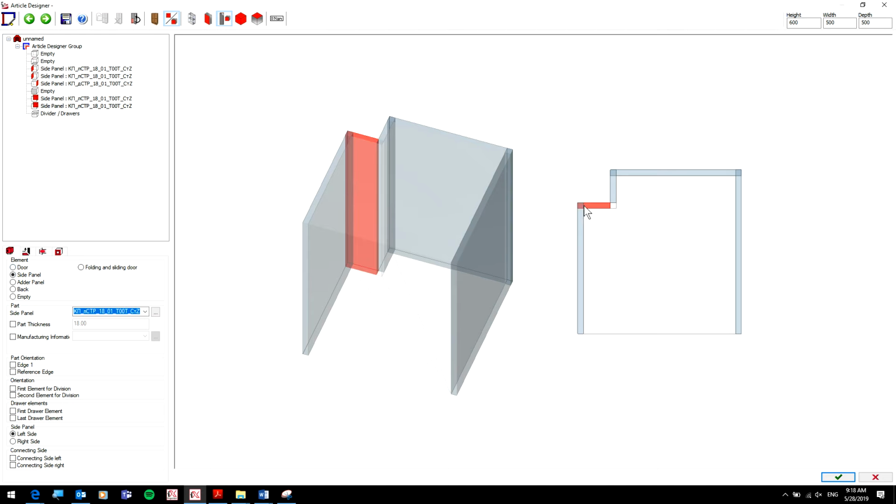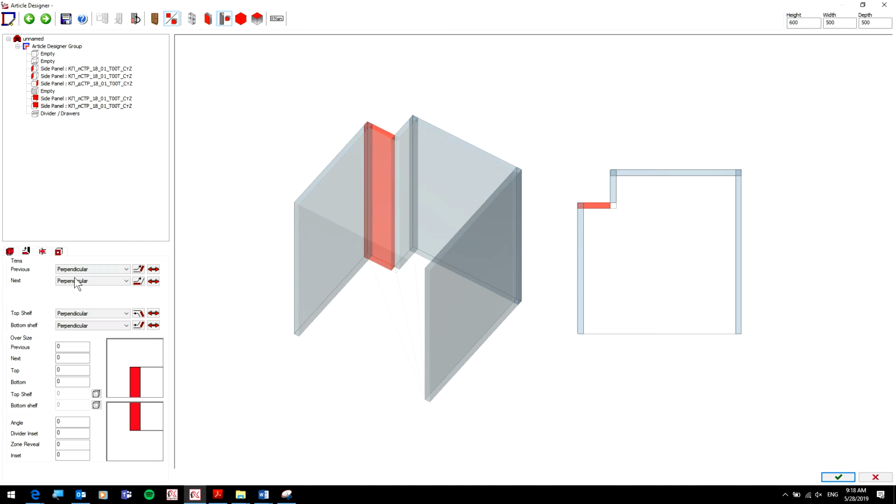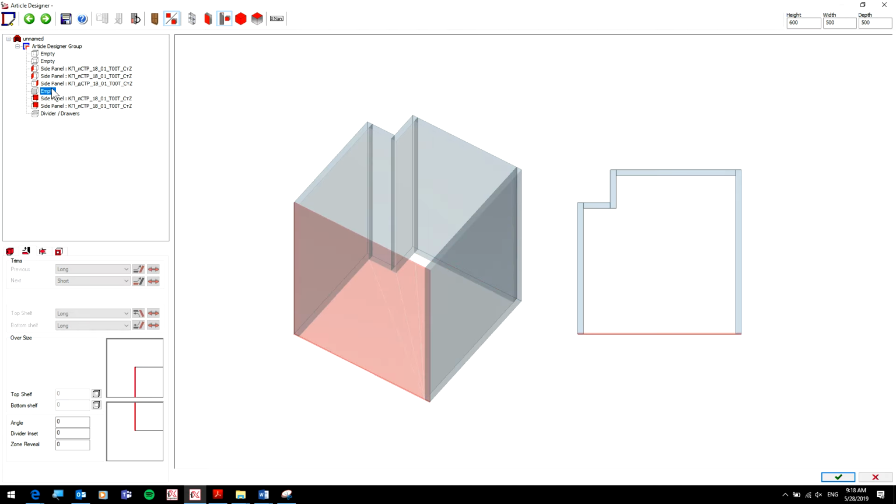And also, you see here the trims are not correct, so I have to adjust the trims here. So to the next, it's going to be short, and to the previous going to be short, for example. Then I have to adjust this one and say to previous, let's say short, and to next short, and yes, okay. And then I can put a door,